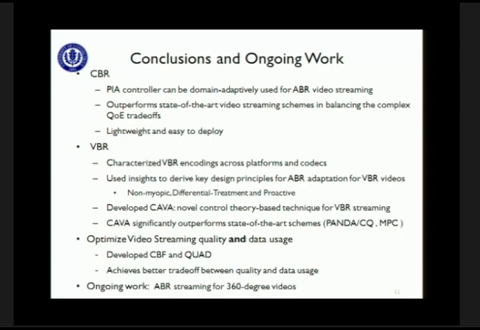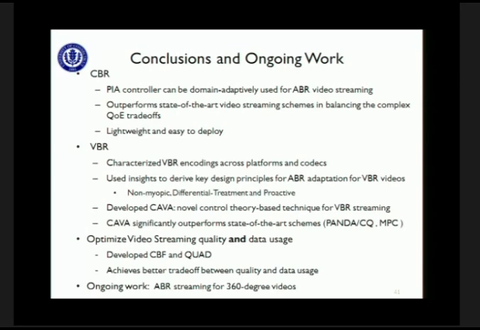And we have extended to the VBR schemes in terms of the non-myopic, differential treatments of different scenes, and also proactive things. And in fact, you can make it a lot more intelligent by actually connecting it to a GPS, for example. When you're going from point A to point B, you could actually be knowing the map of the bandwidth, approximate map over, say, the next 3 hours. You can have another outer loop controller that actually plans for those kinds of things. And it significantly outperforms any of the existing so-called schemes that came out of